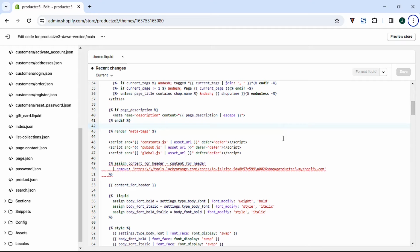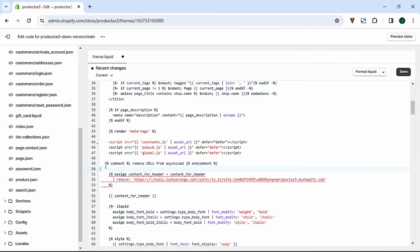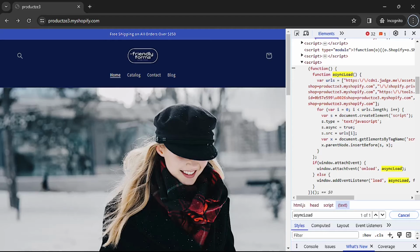Let me just paste in this comment here. It's a good habit to get into to help make code easier to read and maintain. And never mind this red dotted line right here. Shopify puts that in there sometimes for whatever reason. Code should work fine. Now, if we come to our website and do a refresh,